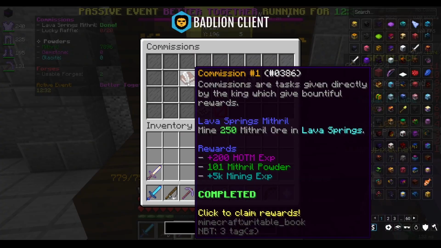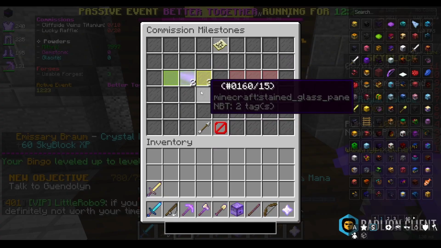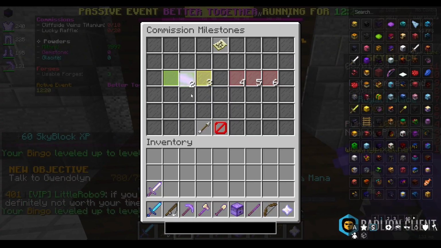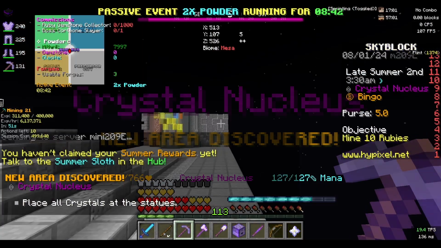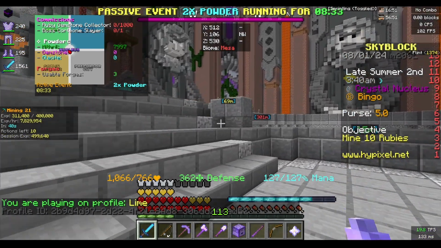Okay, we're gonna go ahead and claim our last commission now. There we go, Heart of the Mountain tier 3, and I'm also gonna claim this 200k mining XP because why not? Now that we've talked to Gwendolyn, we're going to buy a pass to join the Crystal Hollows. And I'm just instantly going to warp to the Nucleus. Now, I only need 3.8k more powder, and it's 2 times powder here, so I'm going to go ahead and